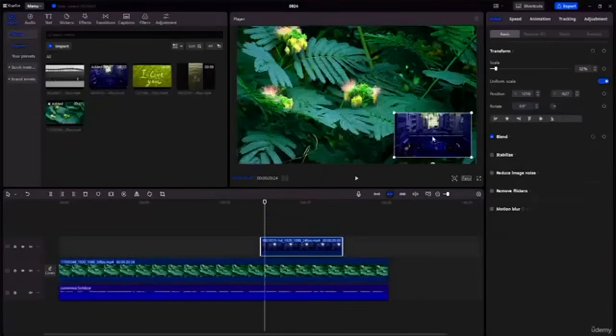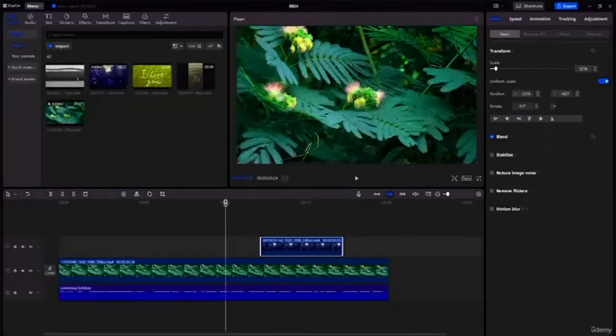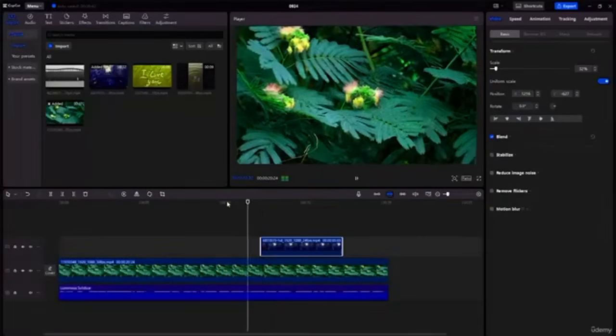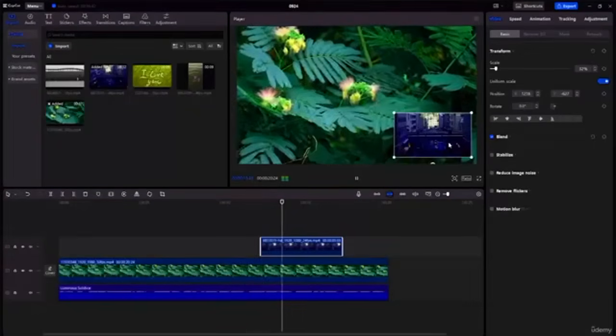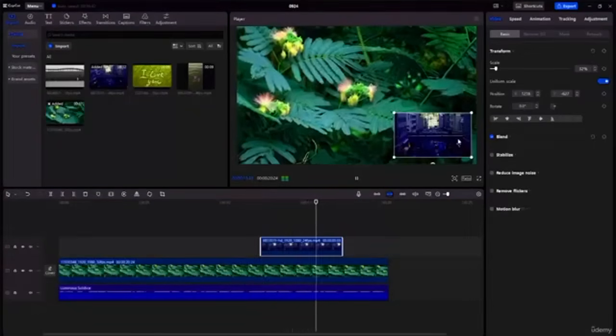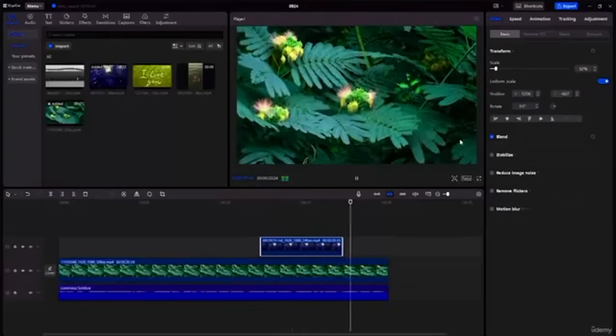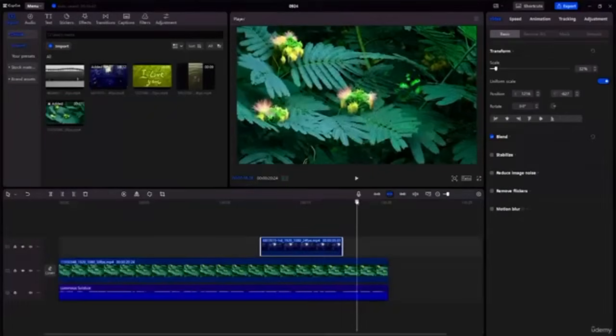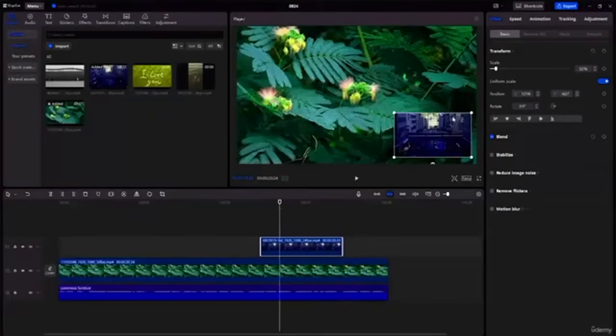Okay, so I'm going to put this video on one side, and after that what I'm gonna do is as I do have turned on the snapping, you guys can see like whenever this video will appear, this is how it will show that this video is the next video. Okay, so this is how it will disappear. So now let's place it right here,